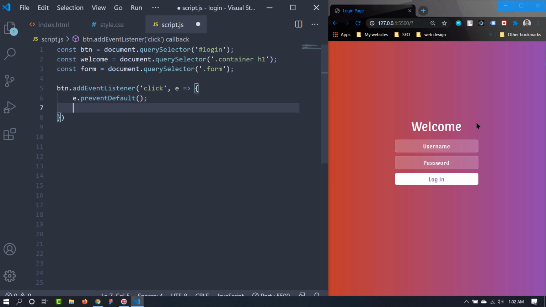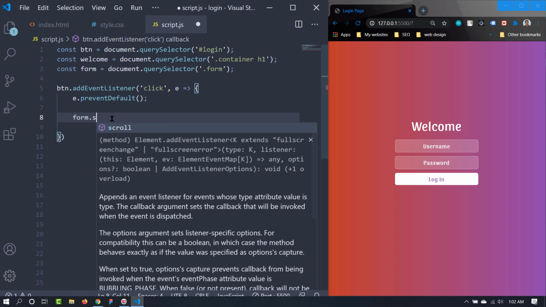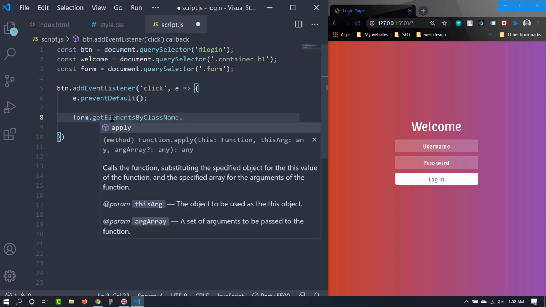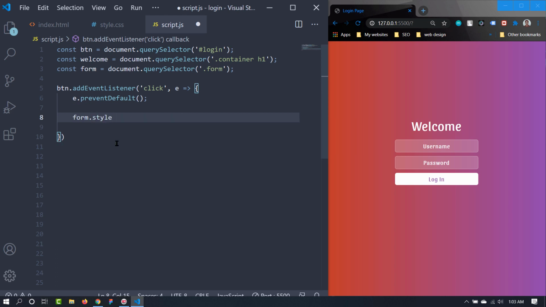Now what do we want? We want the form to disappear. So we have got the form inside this variable, form dot, we want to use the style and the opacity. So let's make the opacity 0. When we click that, it will disappear.